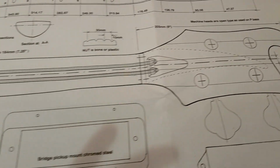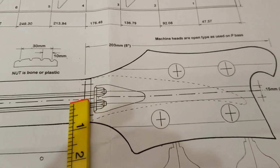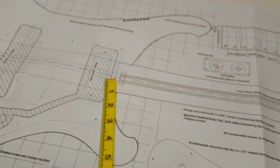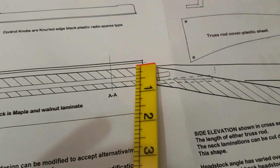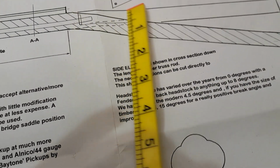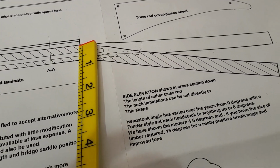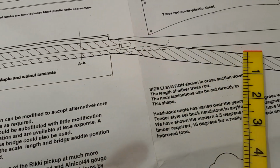For this step, I want to sort out the proportions for the neck before I do the final planing. So for the headstock, we need 203 millimeters there to there, which will be cut off. Then you have the neck, and then becoming the body. If you look at this part of the diagram, 7 degrees is the usual angle for setting the headstock back, because if you have it flat, which most are flat, but to get a better tone, you have a better negative break. So you've got the tension of the strings going along here, and then that angle pulled down means the tone